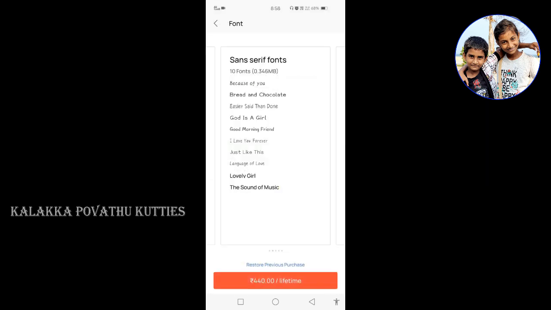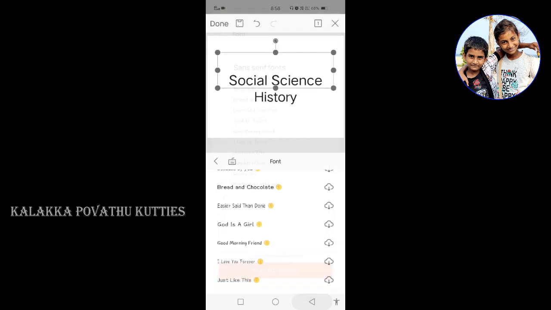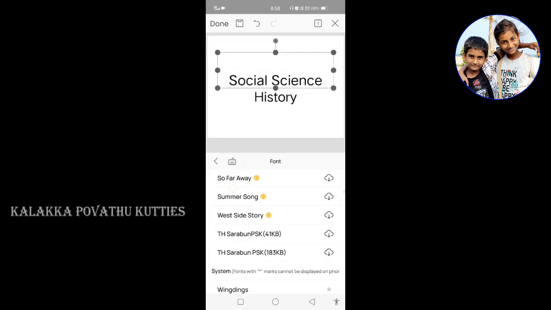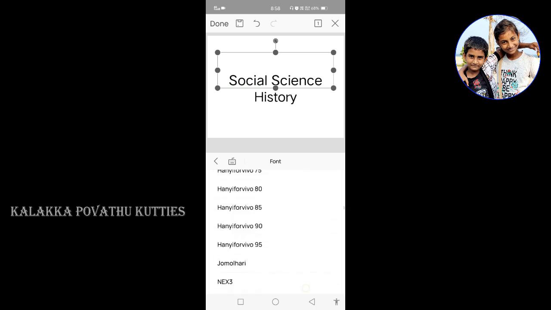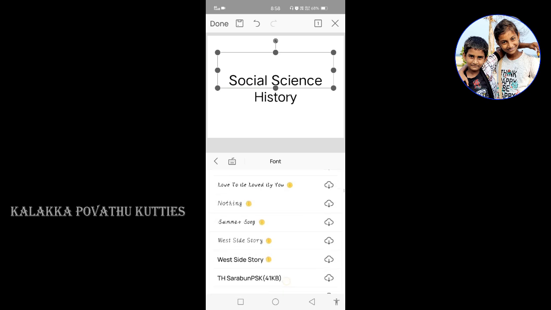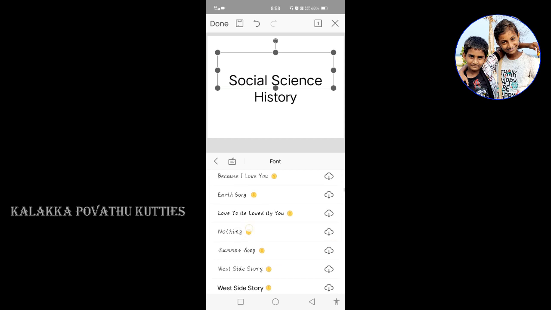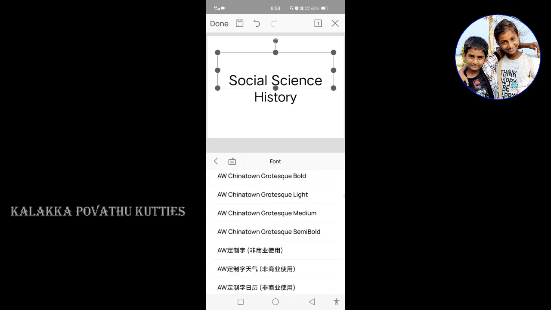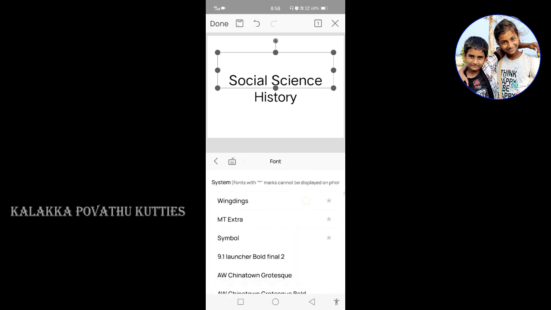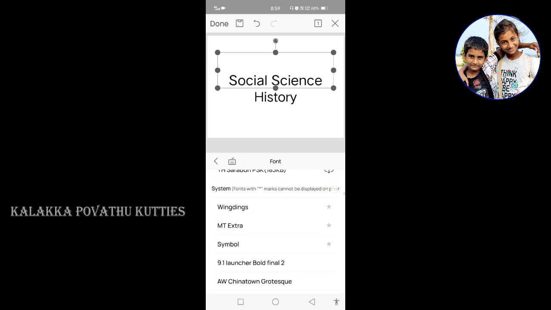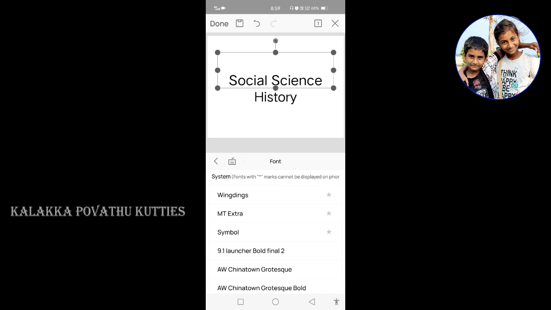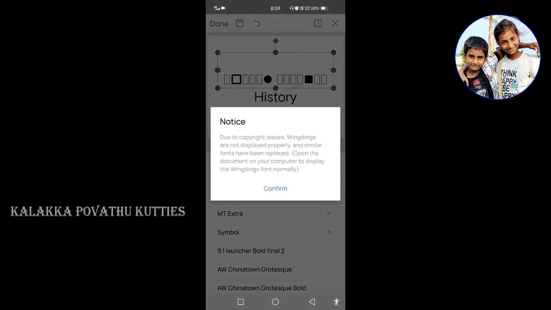If we press that, it will show a lifetime price of 440 rupees. We don't want that, so we can see many fonts after that. If there is a rupee symbol, it means we have to pay. After that there will be system fonts. We can see the indents.